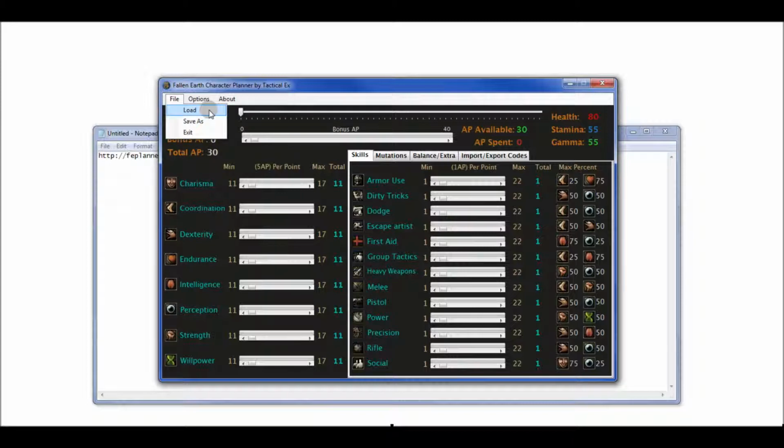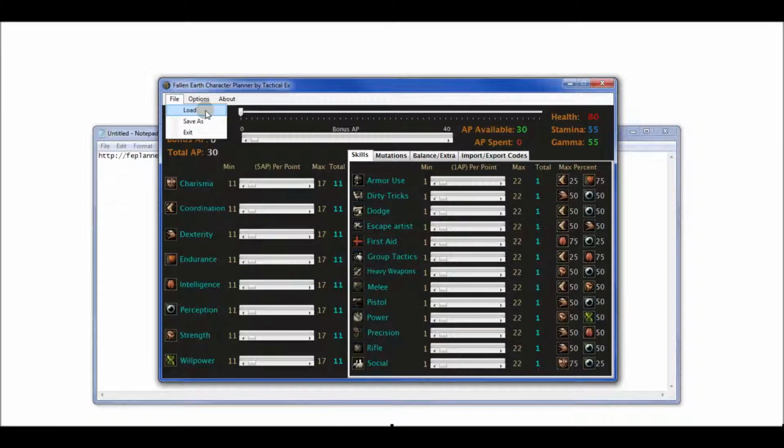Clicking here will open up this selection where you can load a character plan or save a character plan that you currently have open. I'm not going to do this right now, but if you click on one of these, it'll go to a predefined folder, and there'll be XML files there if you've saved any, or it'll be an empty folder if you haven't saved any. If you're loading, just select one of the files and it'll open it up just like any other Windows program